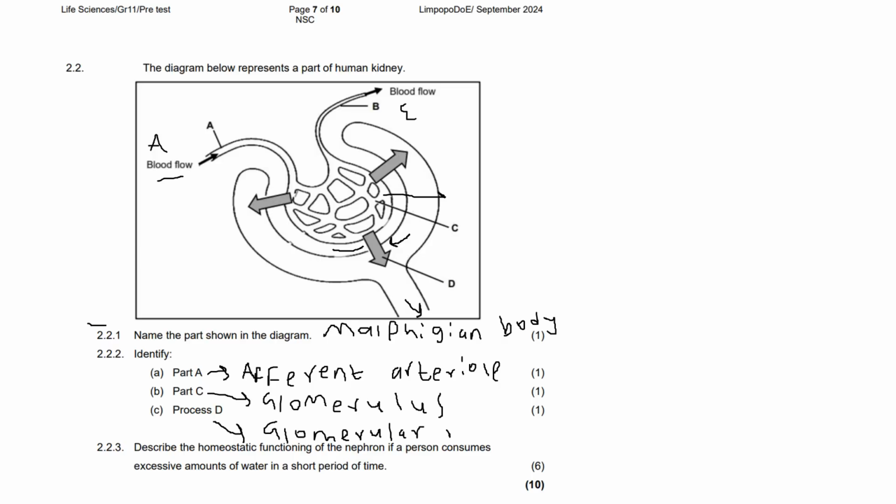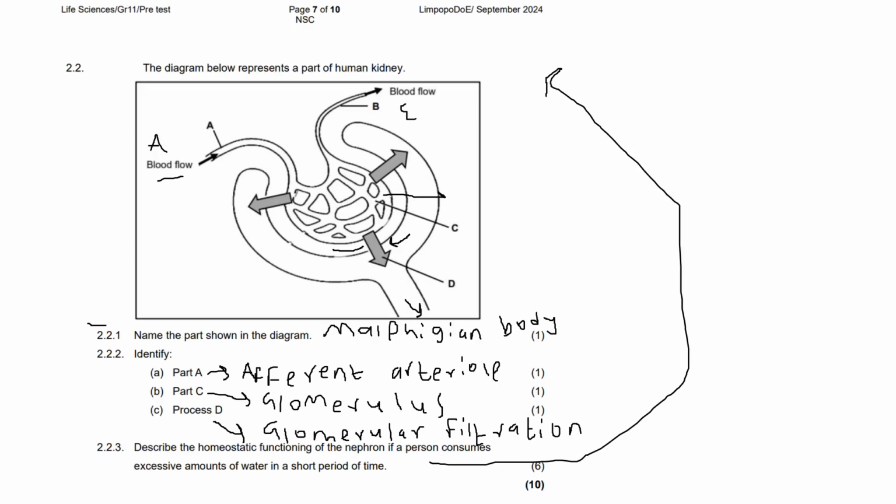That's glomerular filtration, and then the one that will follow it will be tubular reabsorption, and then we're going to have tubular secretion, and then lastly we'll have excretion itself. So that's glomerular filtration because it's occurring in the Malpighian body. That's the first step. Then the second step will be tubular reabsorption. Then third will be tubular excretion. Okay,